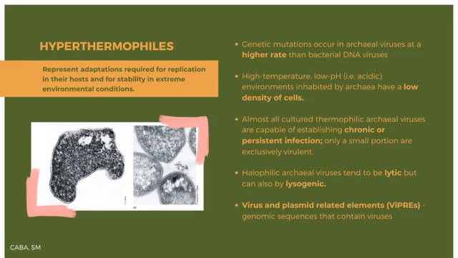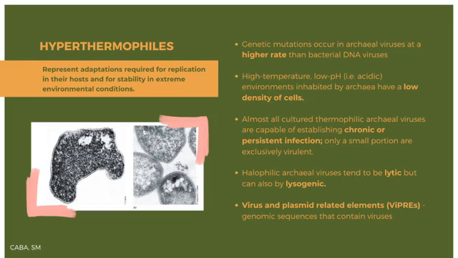High temperature and low pH environments inhabited by archaea have a low density of cells. The half-life of archaeal viruses in high temperatures is often short, so some viruses have evolved mechanisms to overcome these challenges. Almost all cultured thermophilic archaeal viruses are capable of establishing chronic or persistent infection, but only a small portion are exclusively virulent. Halophilic archaeal viruses tend to be lytic but can also be lysogenic. This suggests that a lysogenic life cycle for archaeal viruses may be an adaptation to a harsh environment outside their